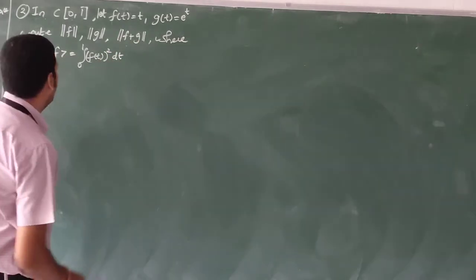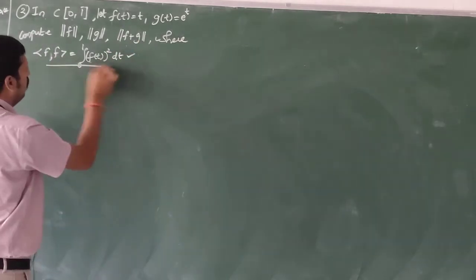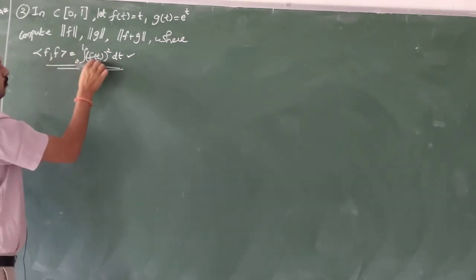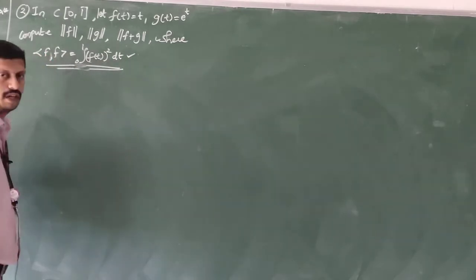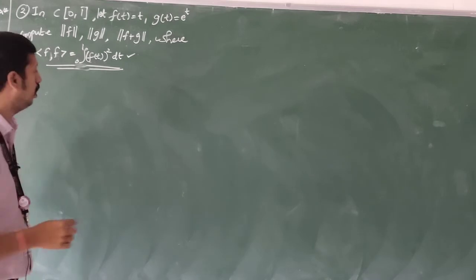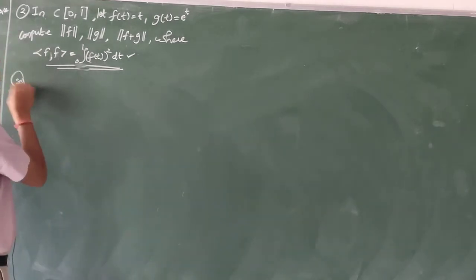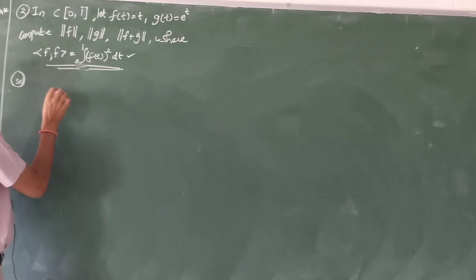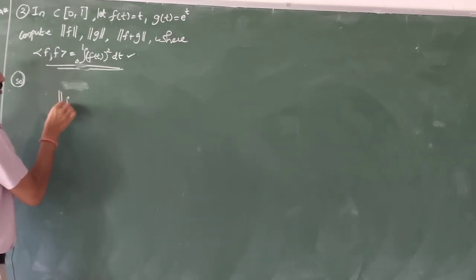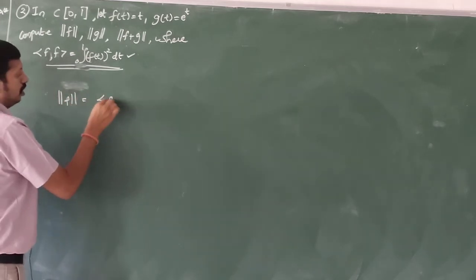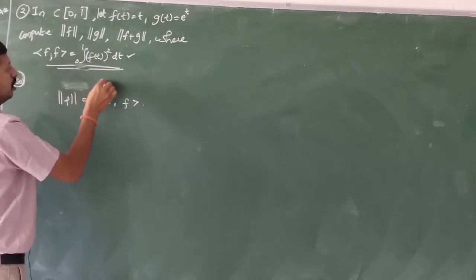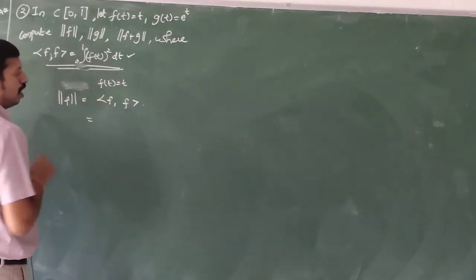Okay. So now before that we have the given thing that integral 0 to 1 f of t the whole square into dt, that is f comma f. Okay. So according to that only we have to go further for this one. Now we are going to find norm f equal to f comma f. Okay. So f of t is already given, that is f of t equal to t. According to that we have to go.